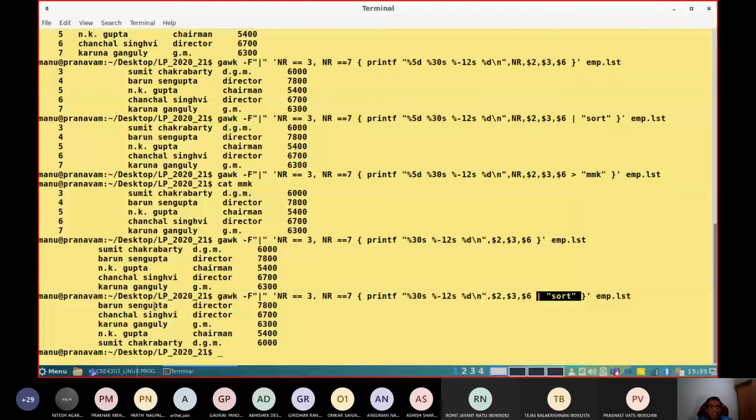Now the entire data output is sorted alphabetically. See, it starts with B, C, K, M, S, and accordingly their salaries also. You have sorted these outputs. Okay, this is about redirecting the output. AWK can redirect the output also. This is what you need to remember.